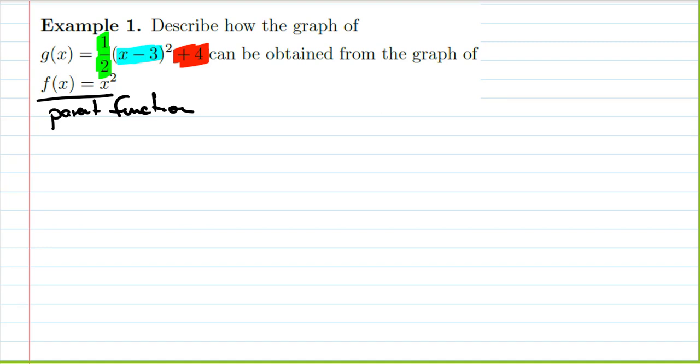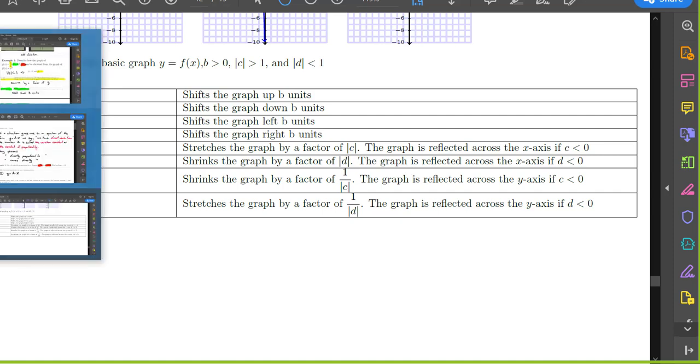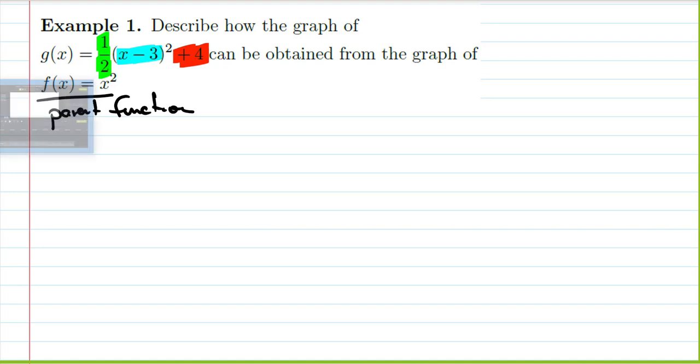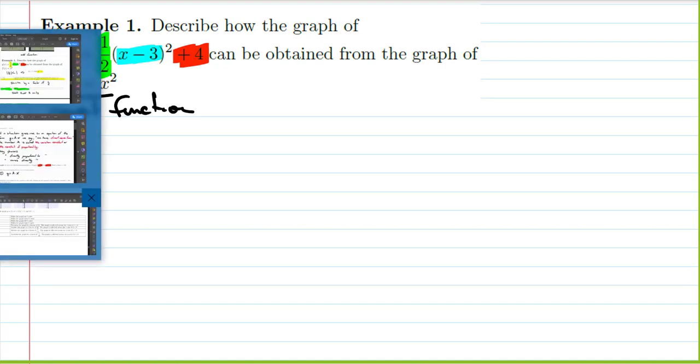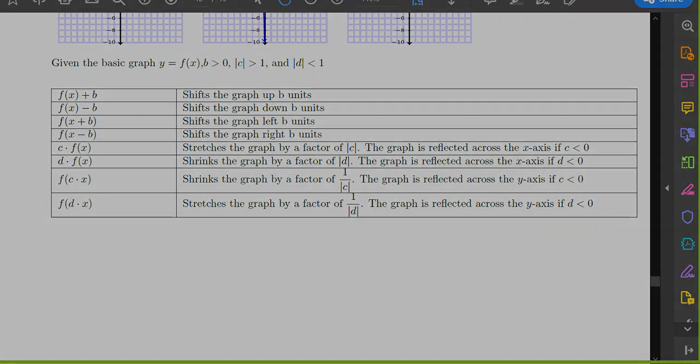So this is 1/2 times something. So we go and we look at our table here, and when we have our function multiplied by something, that means we're either in this row or this row. So we have c times something or d times something. And we look at what our number is. So our number is 1/2. The way we determine whether it's c or d is up here. So is 1/2 bigger than 1 in absolute value, or is 1/2 less than 1 in absolute value? And it's less than, so that means we are going to pick row D